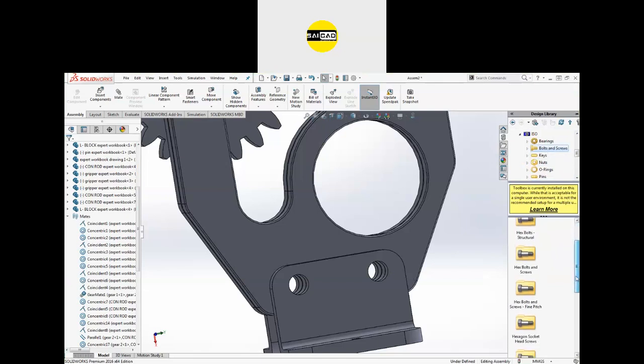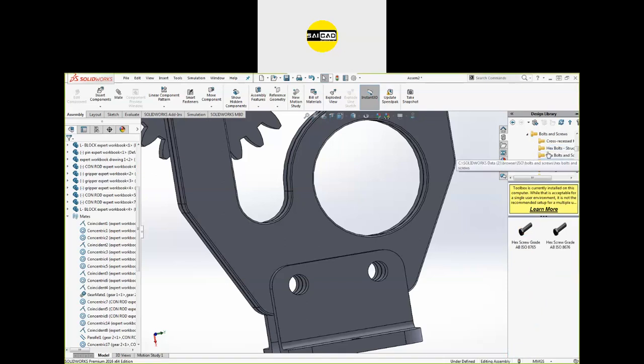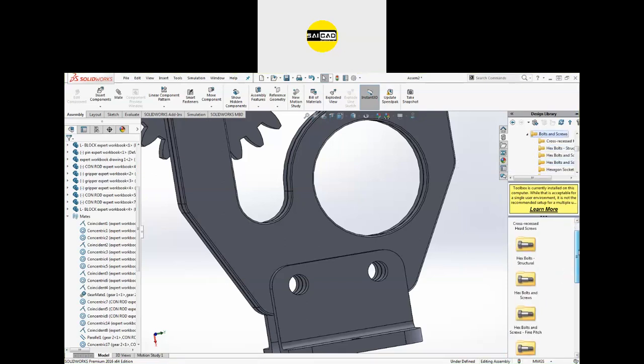Hexagon, everything is hexagon. So that's the hex nut. Okay, that's hexagon button head screw. So I think I have also explained in the previous class. You have to choose the size from here.